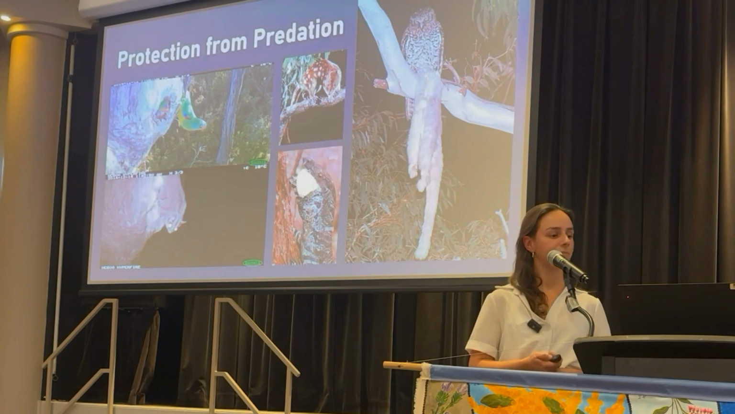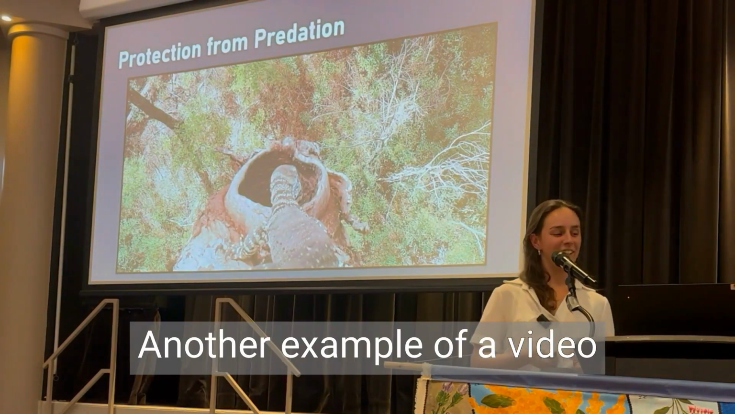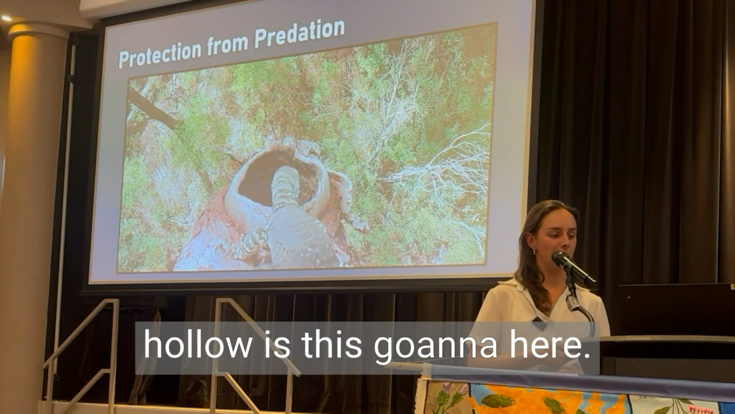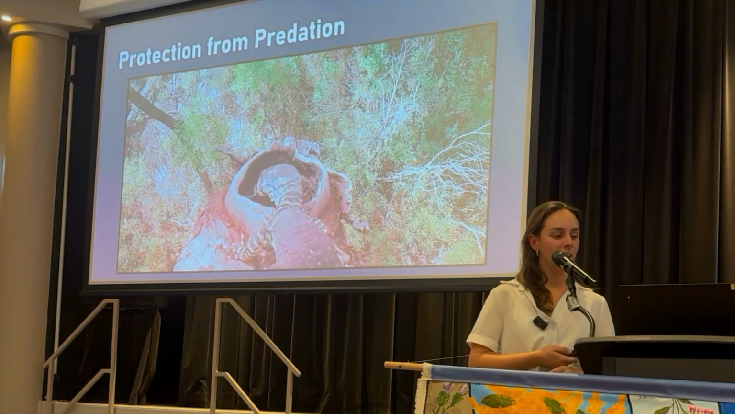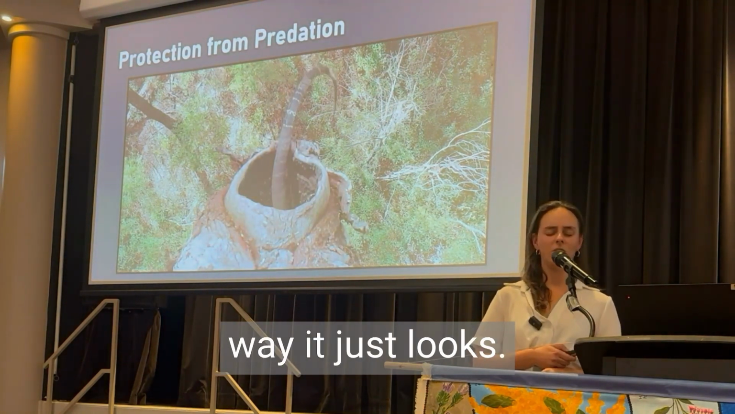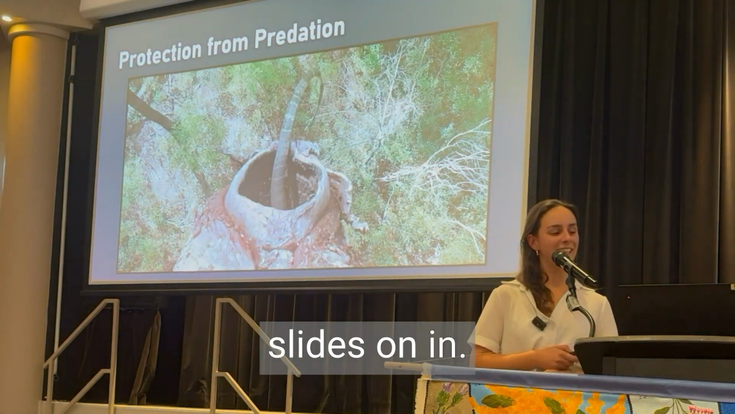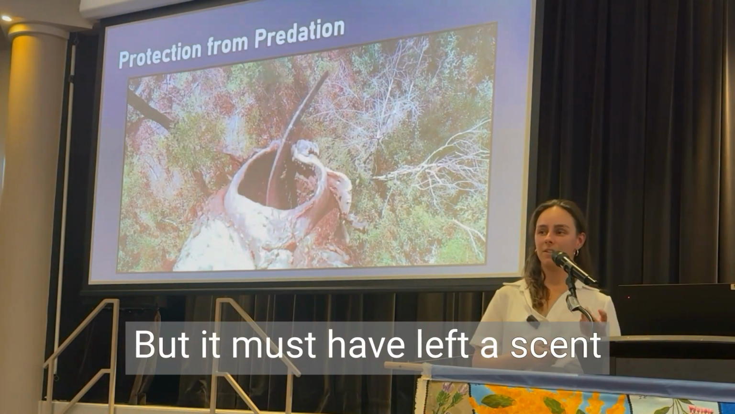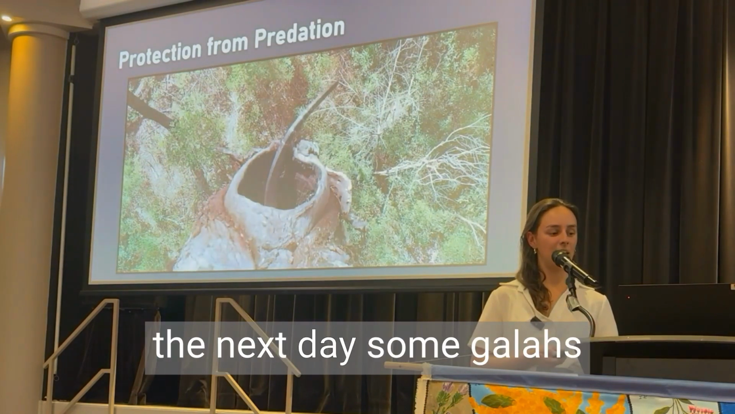So that's an example there of a swift parrot nest and a sugar glider coming in, unfortunately, to gobble them up. Another example of a video of a predator investigating a hollow is this goanna here. And this is a hollow that a yellow-bellied glider was using, and I just love the way it just slides on in. Luckily, no one was home, but it must have left a scent or something, because the next day,